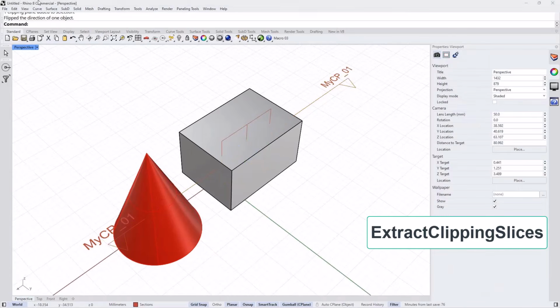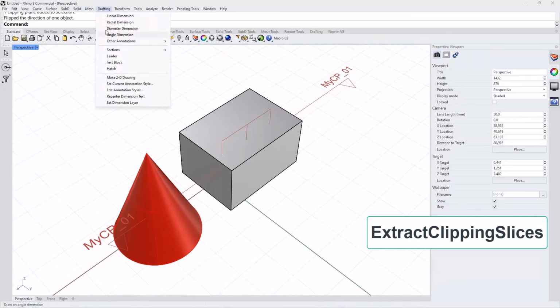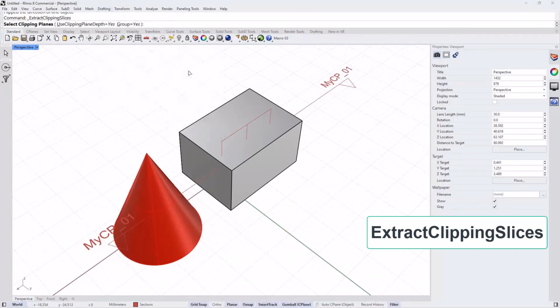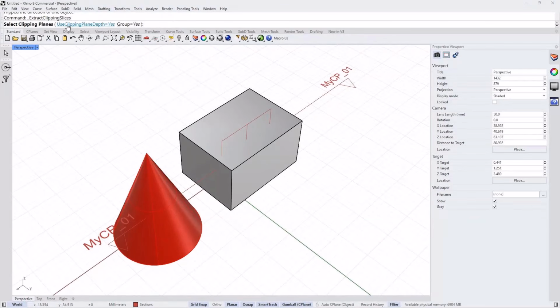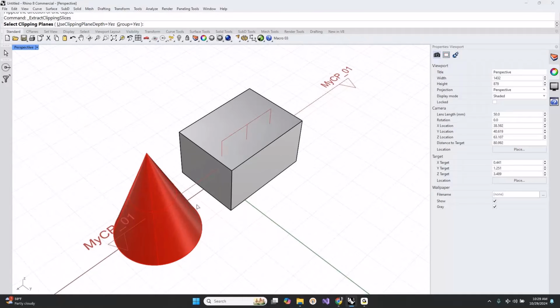So let me show you real quick. Under drafting, under sections, you can extract the slices. And this is a new command in Rhino where you actually can say, I want to use the depth that I have just used, and I want to extract a slice of my model.